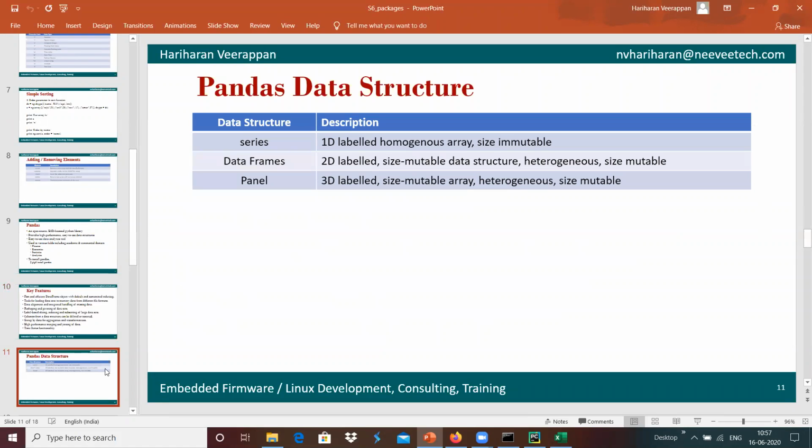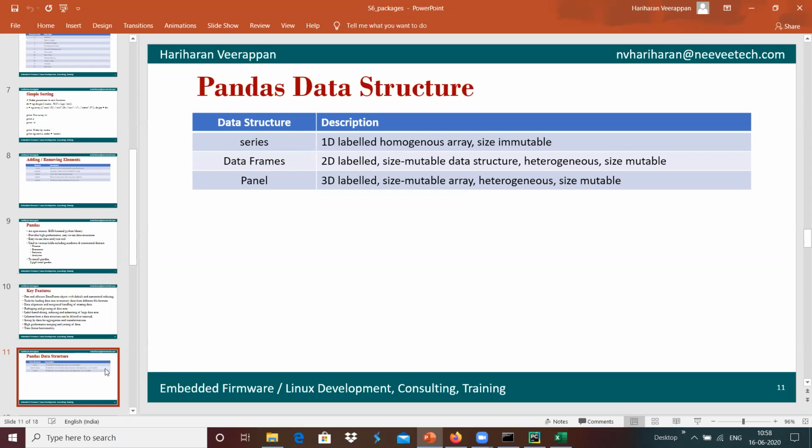Pandas has different data structures. The first is a series, which is a one-dimensional labeled homogeneous array whose size is immutable, not changeable.